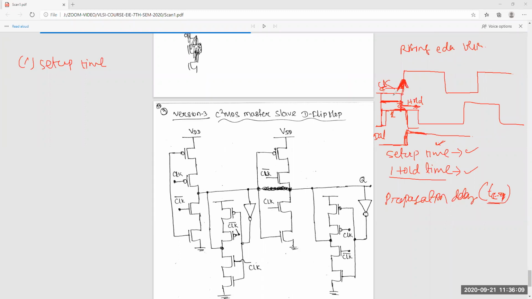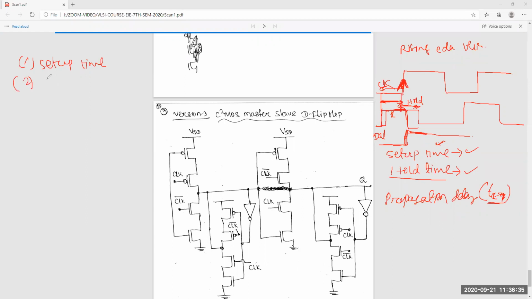So you can say this is setup time. It is the time required for the data to stabilize after the clock. That is the whole time, but this is the definition. You have to understand which circuit, from which part, this setup timing delay is coming, from which part this whole delay is coming. So that thing you have to understand. That's why we'll discuss that in detail.